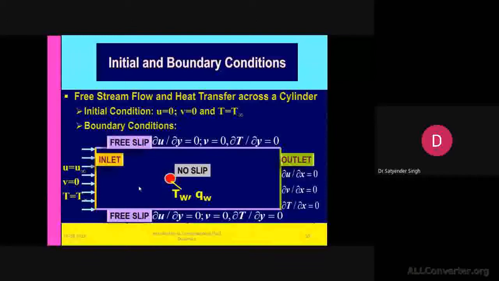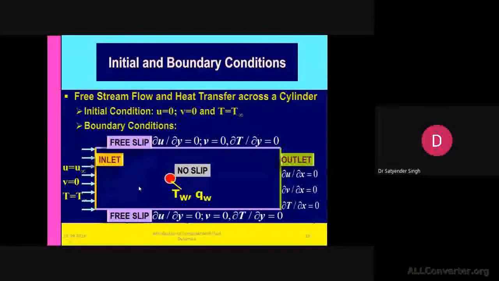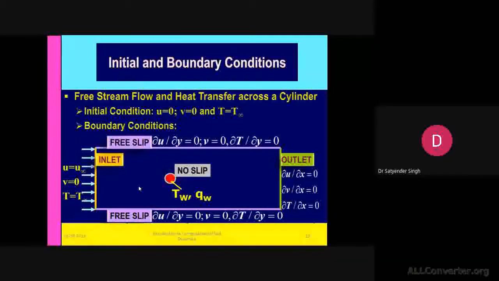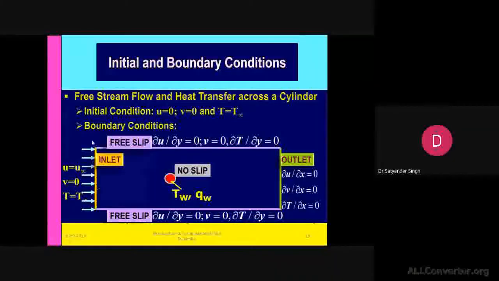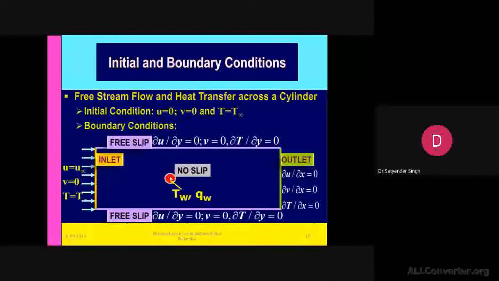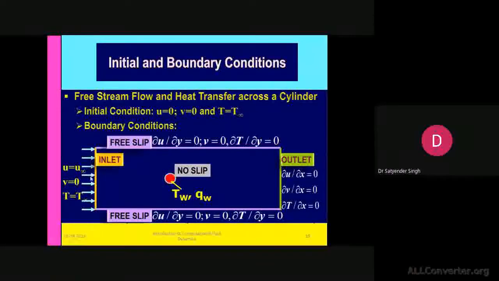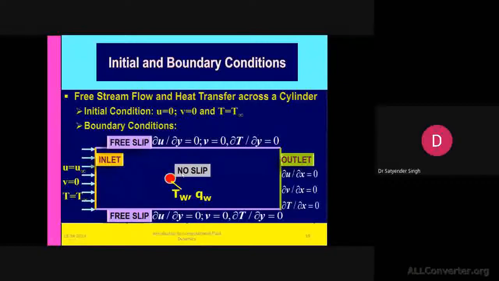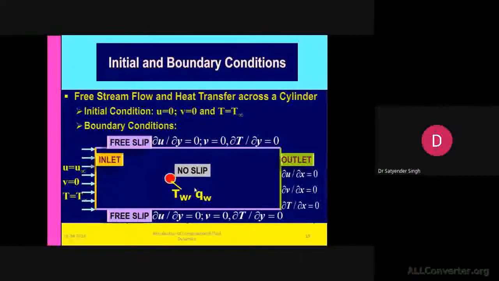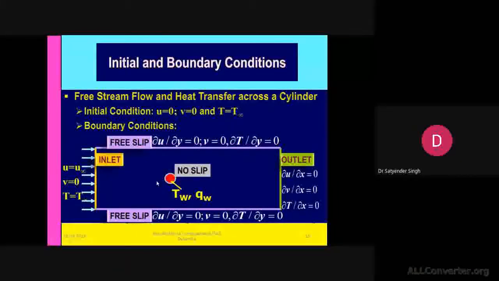And in order to take this as a problem or make it a computational domain in a CFD tool, we have to create one rectangular domain outside the solid cylinder. There we have to initiate the fluid flow, and then we will have the streamlines or fluid dynamics across this channel or across this solid cylinder. So what will be the boundary conditions now?